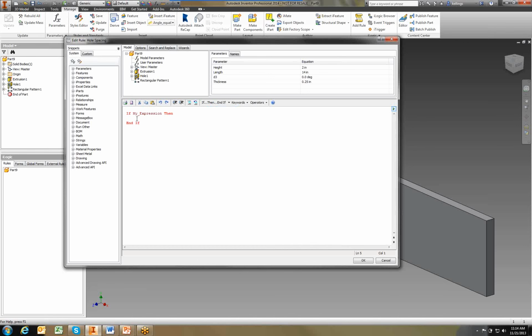So this my expression is kind of a placeholder. So what we're going to have to do is go in there and change these placeholders for the actual code that we'd like to write. So what I'm going to say is if length is less than 12, then what it's going to do